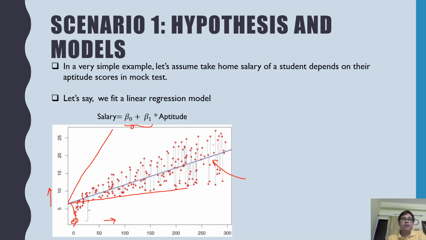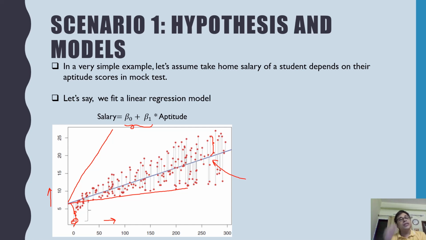How do you know this? Because we are looking at the error for each of the students. So what is the error for each student? Let's pick this student. This is the actual value, this is the predicted value. So the error for this particular student is this much, and you will pick that beta 0 and beta 1 which will minimize this error for all the observations.